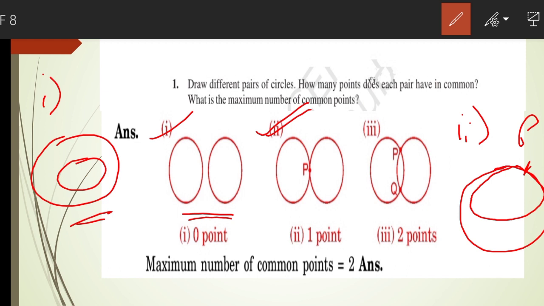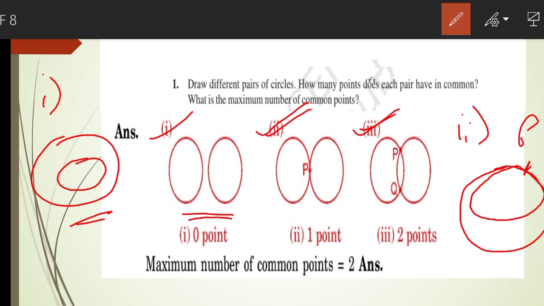Now when we have 2 points of contact, there is only one drawing that is possible, that is this one, the drawing that we have given in the slide. Here two circles meet each other at the points P and Q. They are the two common points. When two circles just touch, we get 1, and when a part of them coincide with each other, then we get 2 points.